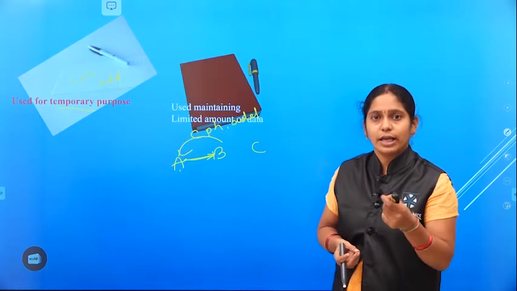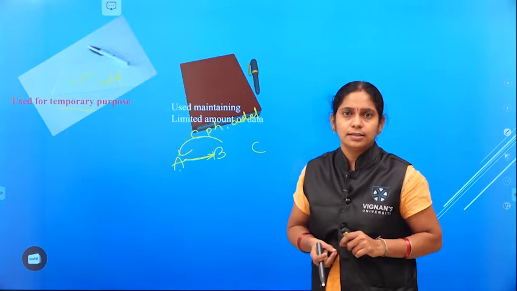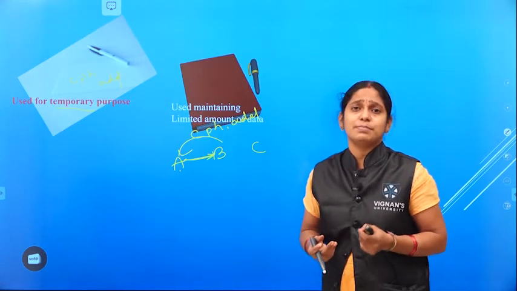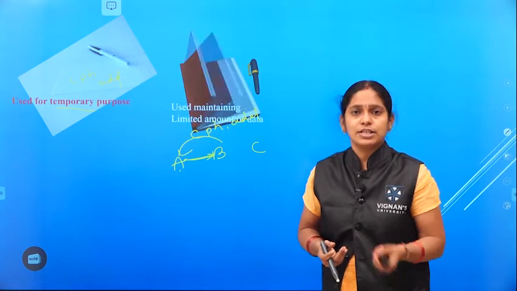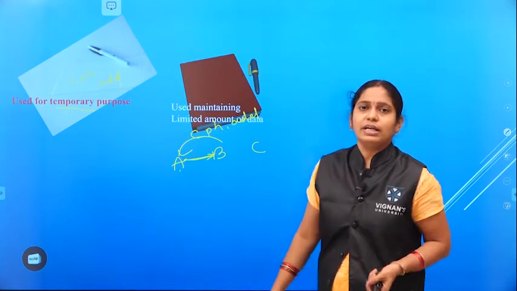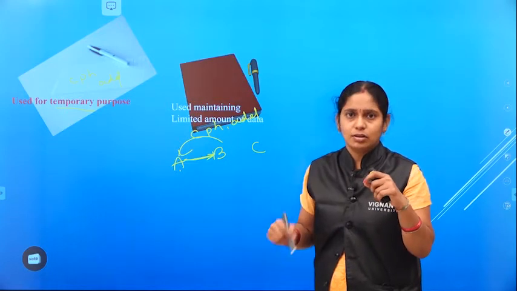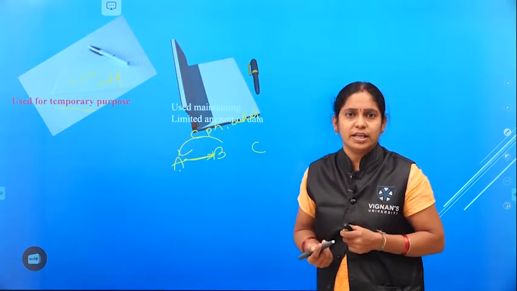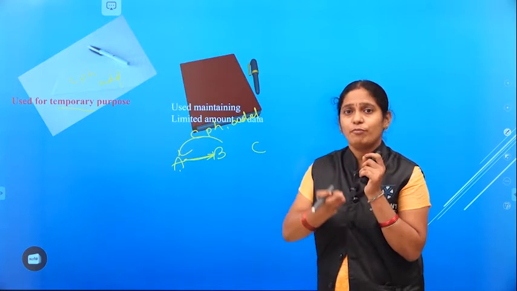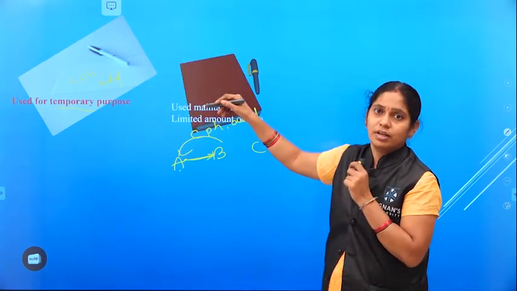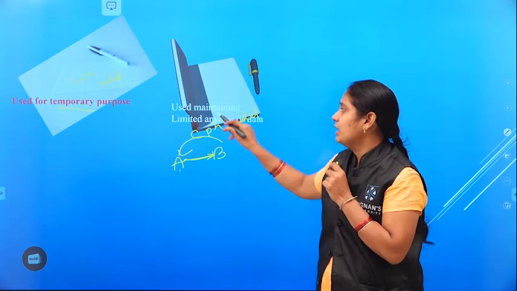Can you maintain 40 papers individually? No, it is difficult for us to maintain 40 papers as a bunch together. In such cases, we will move to a book. We will take a book here and everything we will write on that. On each page in that book, we will copy everything and we maintain a book. Instead of maintaining 40 pages, maintaining the book is easy, right? So, likewise we will maintain.